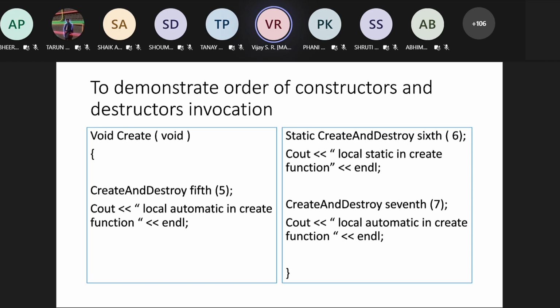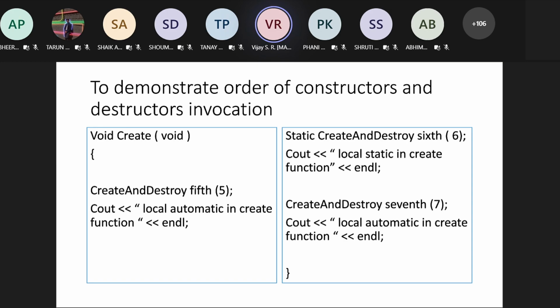Then the seventh is a simple local automatic. Observe that. So you have 7 variables, 1 to 7. 1 is global, 2 is local, 3 is static local, and so on. So that is what I told you. You keep writing the code so that you can observe what is happening.